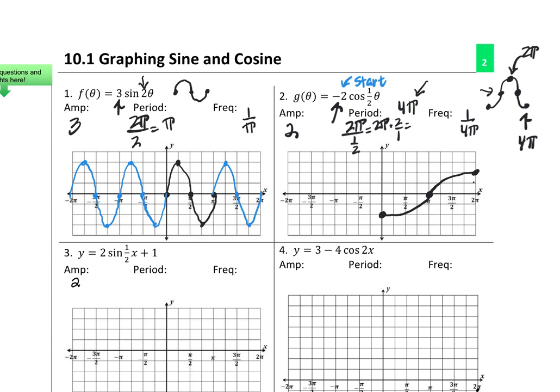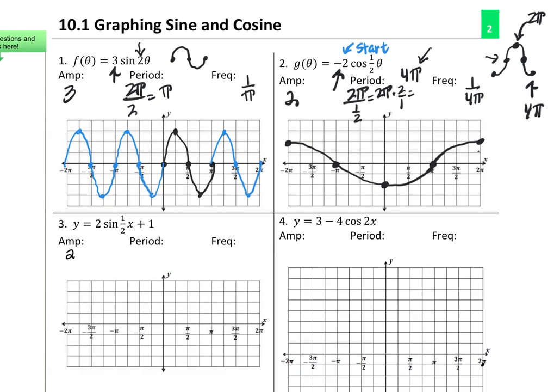Now granted, this is only half a period because we're not going all the way to 4 pi, but we need to keep it going on this side, so halfway through, halfway the other way, right? So here we go. We got the other piece. We got to connect it. You got to keep that pattern going. So that really looks weird, but there you have it. It's there. Okay. Alrighty, so we'll move on